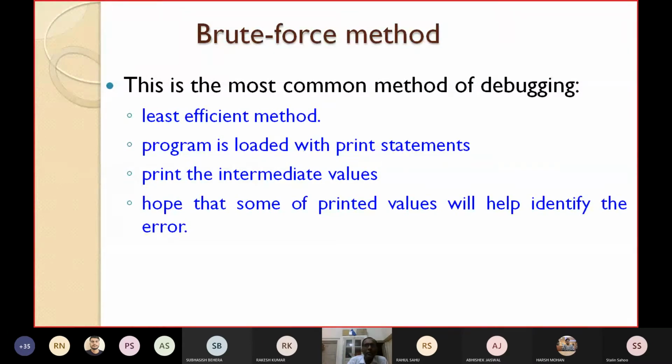This is the simplest method, just inserting printf statements between the statements. That's why it is the most common method, but it is the least efficient. If your program is 1 lakh lines of code, how many printf statements will you enter in between them? So this is the least efficient method.